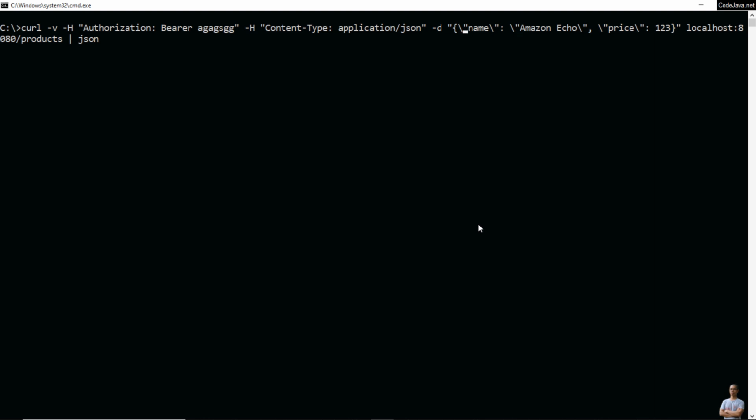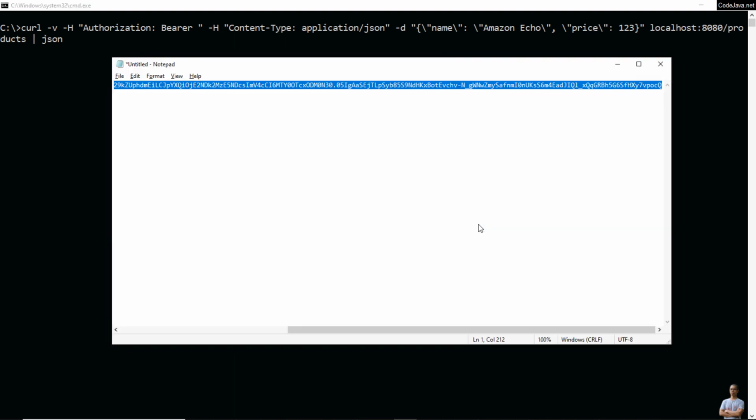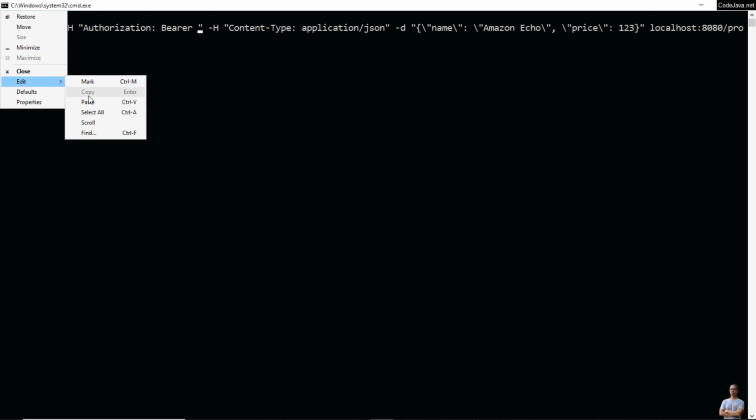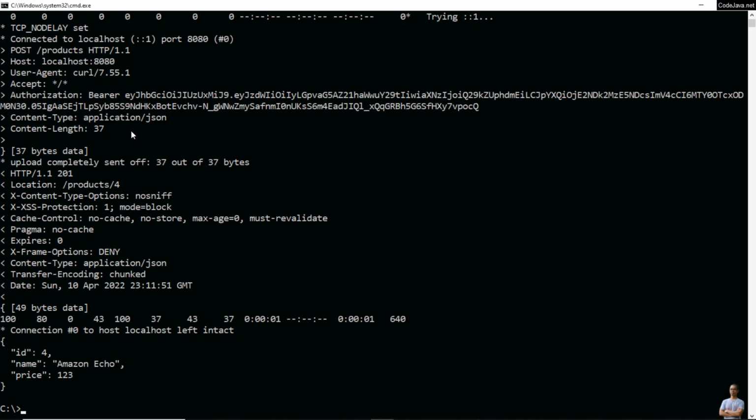Okay, and provide access token in this authorization header. Copy and paste here. Okay, and hit enter. I still got the error. Okay, successful. I got the response status 201 created